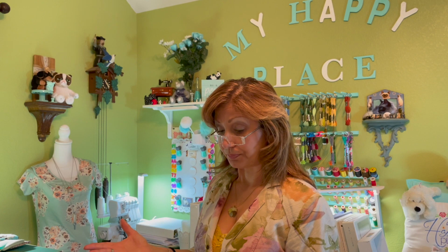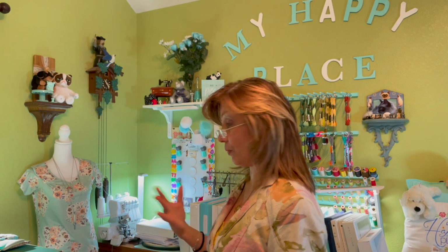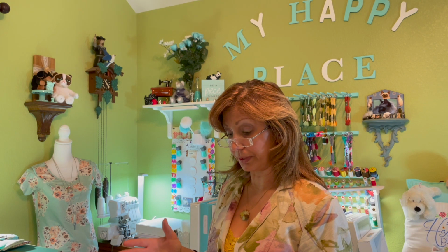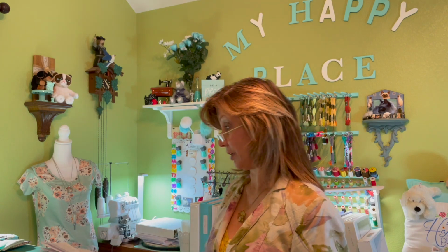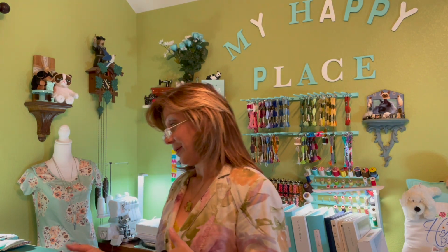As for what I worked on last month in April, that's kind of where I want to start. Just a little bit of a recap. Looking at my calendar, I told myself I wanted to try to stitch every day of the month, but with